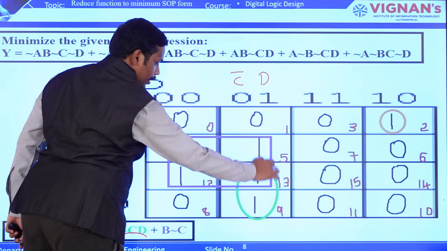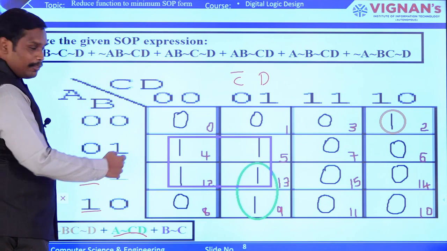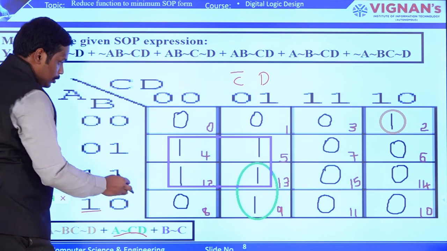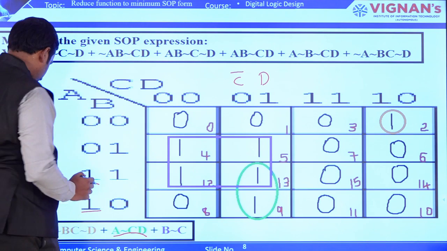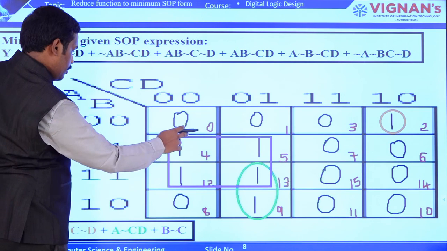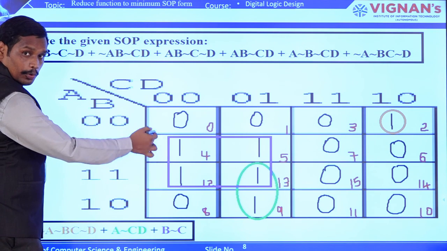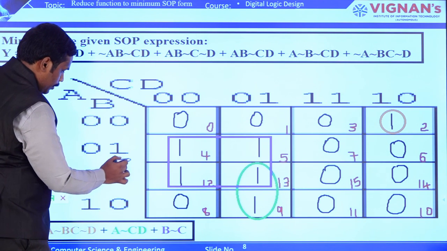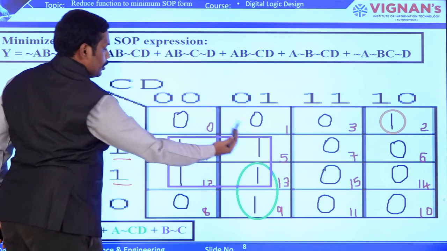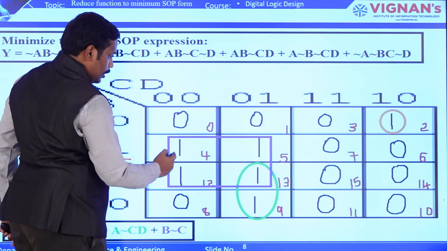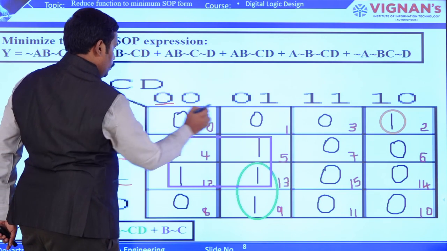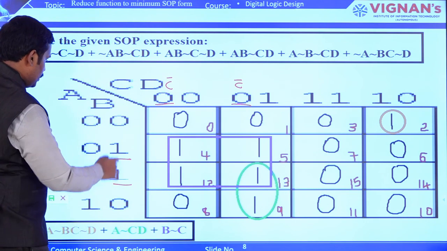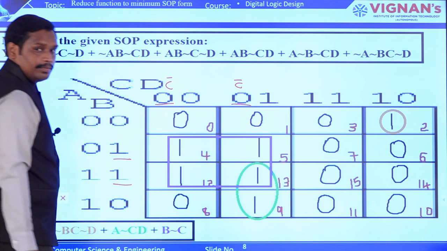And then this particular quad, even the color matching will be there. So quad will eliminate 2 variables. So this is a 4 variable Karnaugh map, so 2 variables are removed. You can see in these particular 2 rows, this is common. And when you see vertically, row and column wise, for these 2, this is common, which means this is C bar, this is C bar, right? And this is B. So that is B C bar.